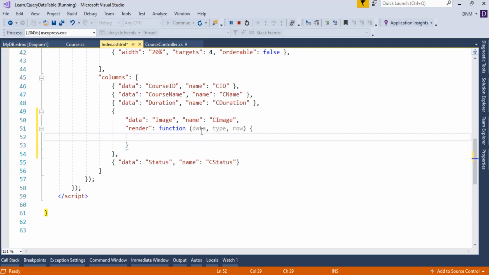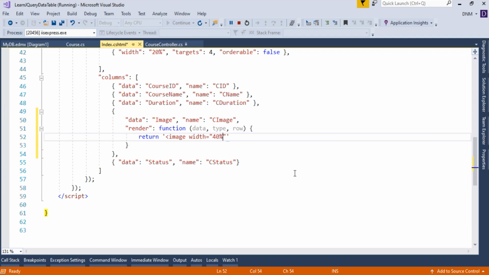Here we want to display this data as an image. Basically, from this function you have to return the value, remember this, and this will be in the form of a string. So we have to write an image tag here. Image, then say we will specify the width. Say the width is something like 40%.